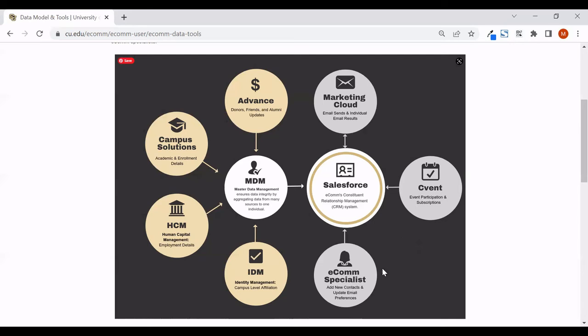And at the bottom here, we do have our eComm specialists who are incredibly important to the support model of eComm, with individuals who sit at each of our campuses to provide support to those who use our applications. So they wear many hats, but in this particular example, they have access to update a contact's email preferences. But that shouldn't happen too frequently because constituents themselves are able to manage their own preferences within the footer of